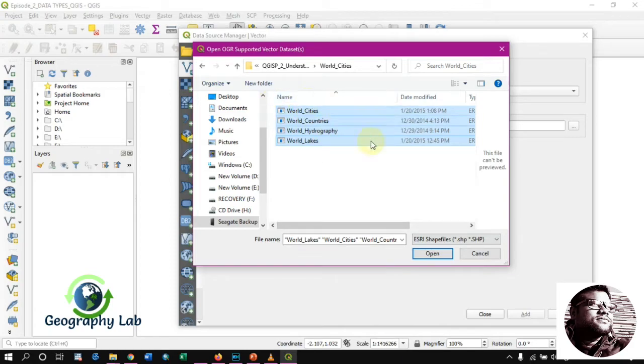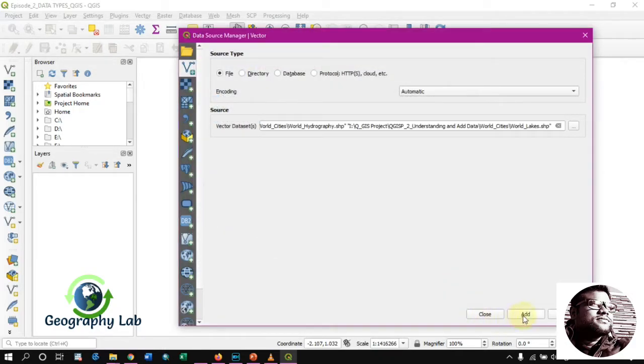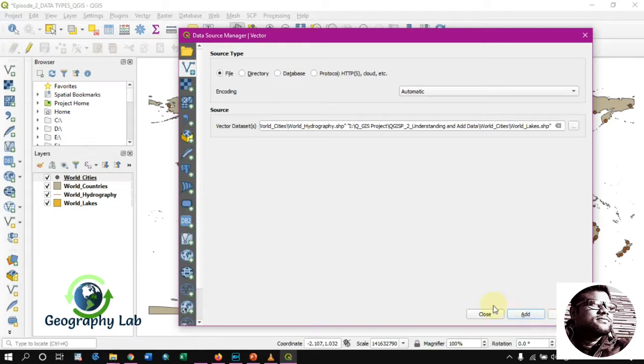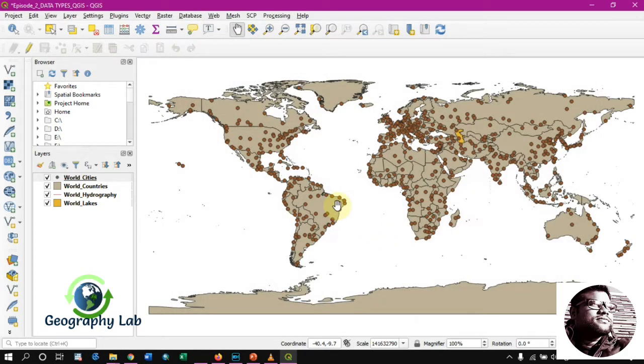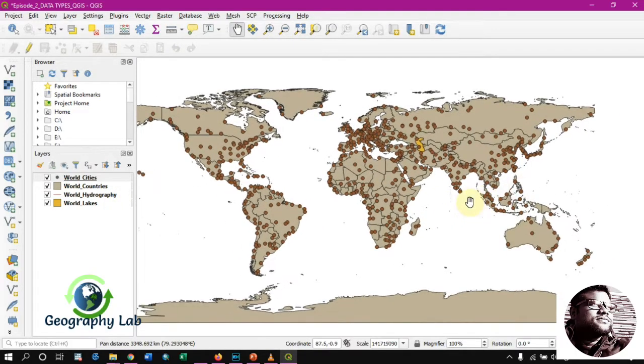I select all these shapefiles in a single go and click open, then click add, then close. So all these shapefiles come together. Let's go through each type of the vector datasets for analysis or basic understanding.